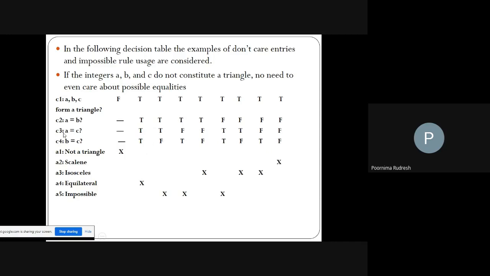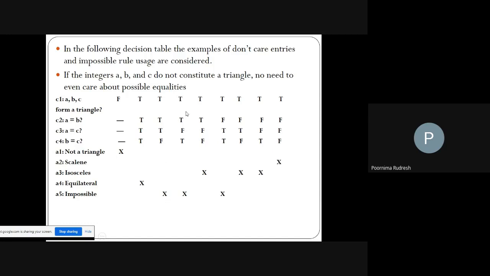Why? Because A is equal to B and A is equal to C indicates what? A is equal to B, B is equal to C, right? And if we are representing it as false, that is condition C4, then it is impossible. Why is that condition impossible? Because in these two conditions we have already defined that A is equal to B and A is equal to C. Then it indicates that A is equal to B, B is equal to C. But in the fourth condition they are representing it as false, which is an impossible condition and cannot occur. So for that purpose, it is represented as X.